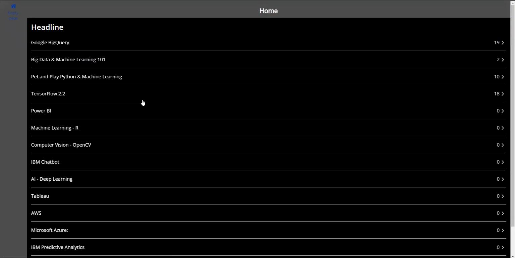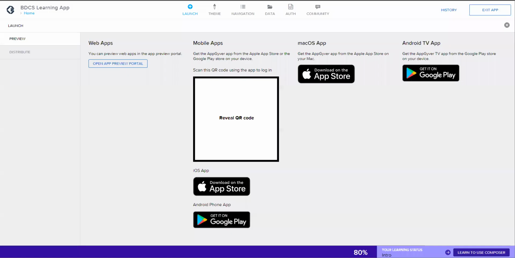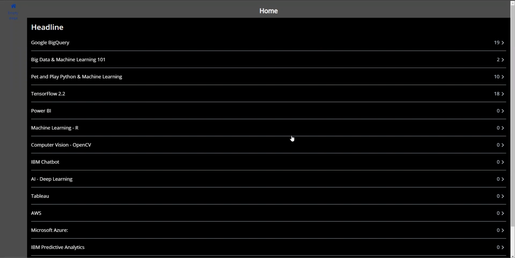So in your cell phone, which I'm going to tell you later how to test it, you can download the AppGiver app, which is available on iOS as well as Android phone. You download that and you can see how this app is going to look like.